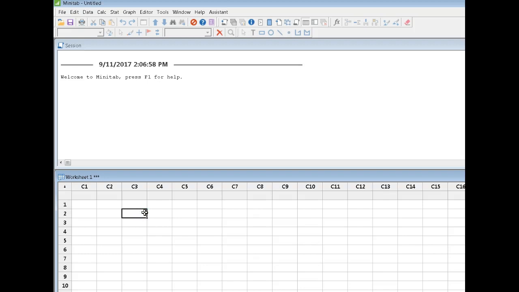Minitab works differently than does Excel. Number one, anything we want to do with data, generally speaking, it has to be arranged in columns. And data of the same type are arranged in columns rather than rows. Minitab recognizes three types of data, so I could have, I don't know, this could be iron concentration,